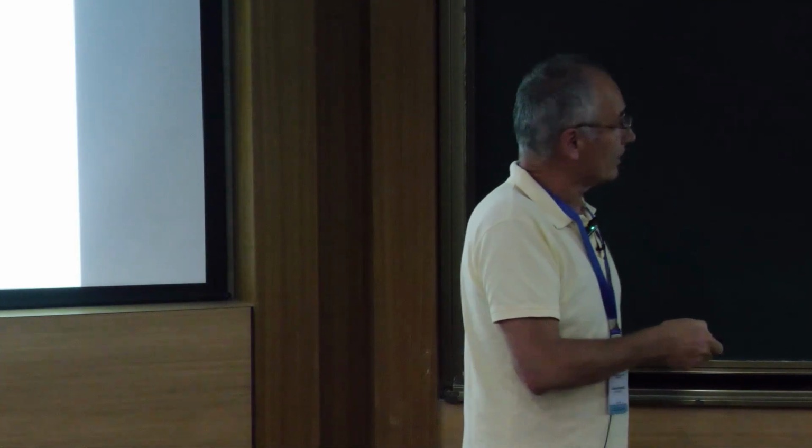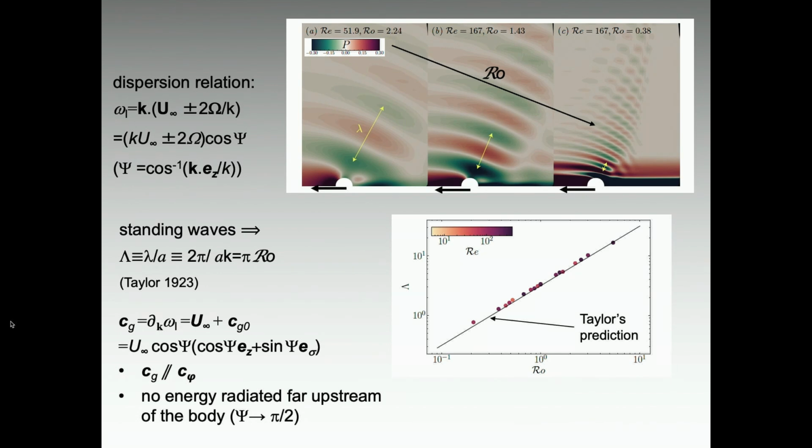he predicted should be pi times the Rossby number. And indeed, if we check this prediction, there is a very nice agreement, although the waves are highly nonlinear in this case. Another thing, you may notice that the wave fronts are not straight, they are bent towards the left. And because of this, if you go far upstream of the sphere, you will find that the